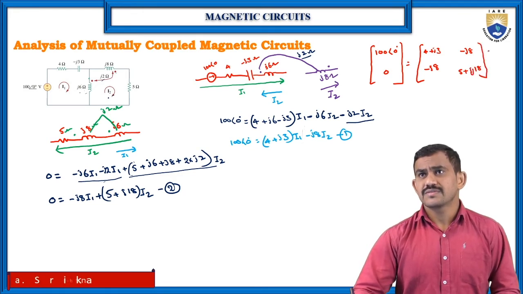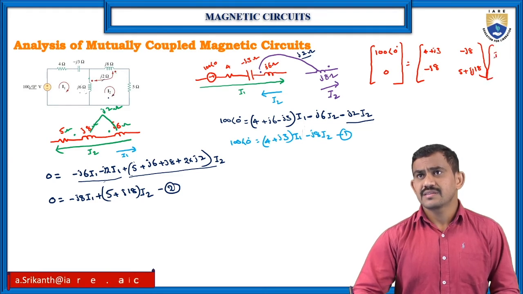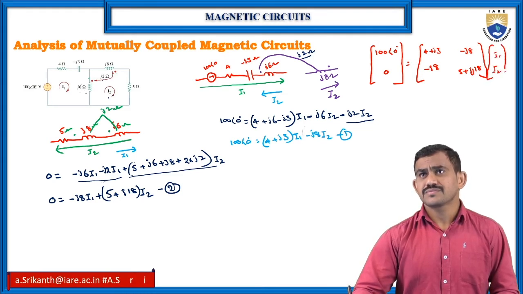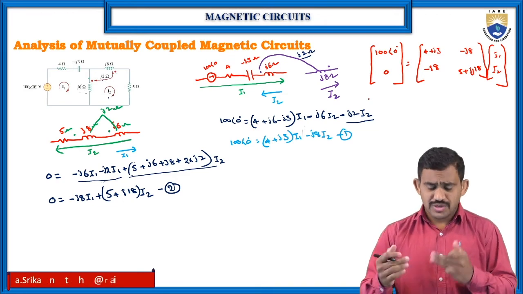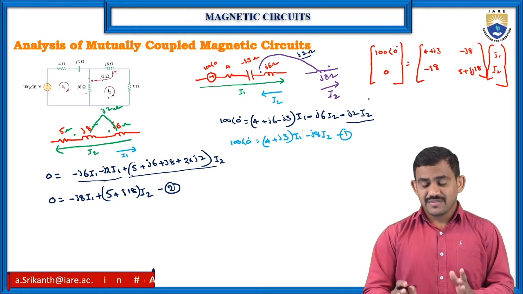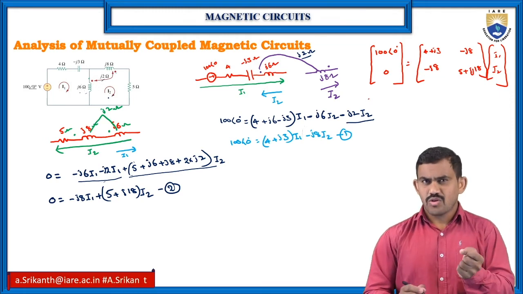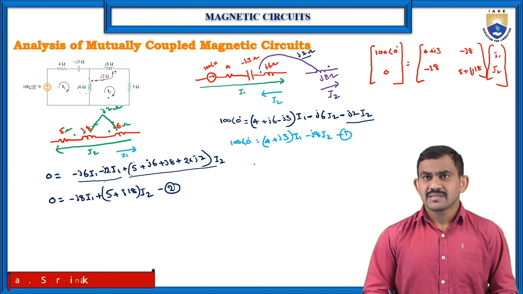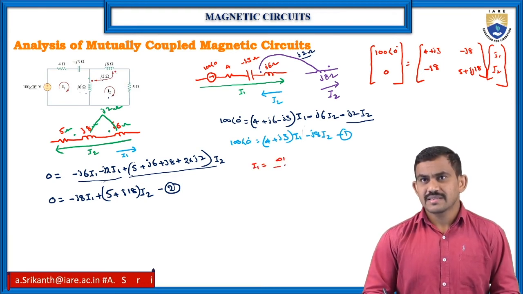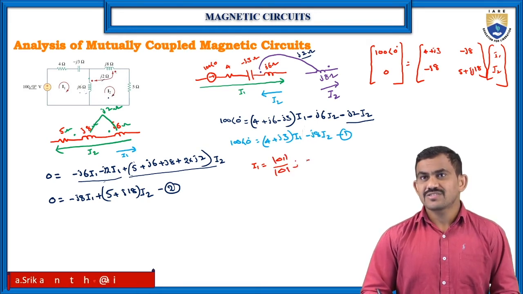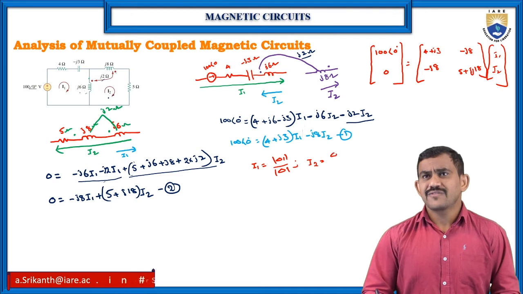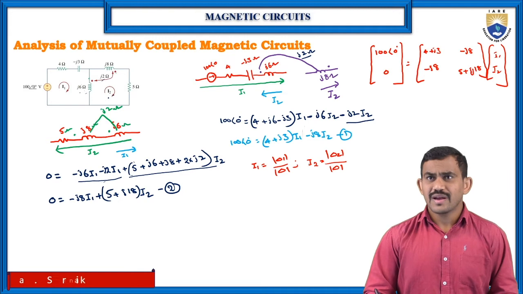Okay, this is your I1 and I2 values. So that is your circuit: circuit to two loops, loops to equations, equations to matrix. Then for Cramer's rule, we have a small formula: the I1 value is del of delta 1 by del of delta, and the I2 value is del of delta 2 by del of delta. That is your I1 value and I2 value.